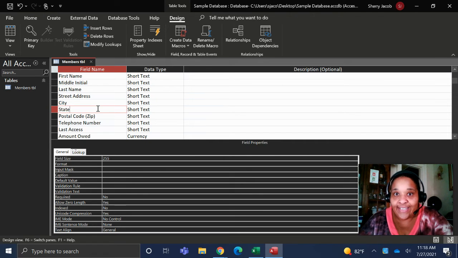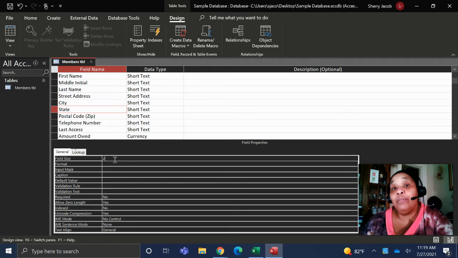California, it's CA. Things like that. So you can still keep this short text, right? But down here in the field properties pane, instead of 255 characters, we're just going to limit it to two. So we're going to get rid of both of these fives. So the field size will be just two. So it will prevent someone from trying to type in or spell out Kentucky, and all how many ever digits it is, or spell out Indiana with all of the letters of that